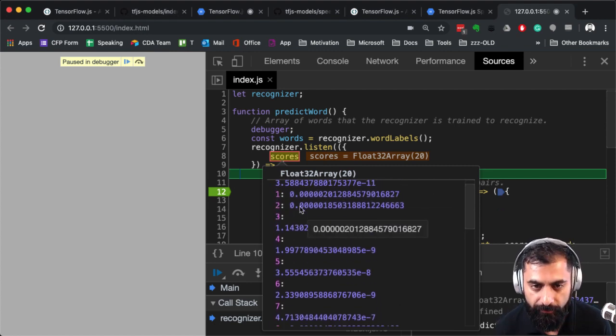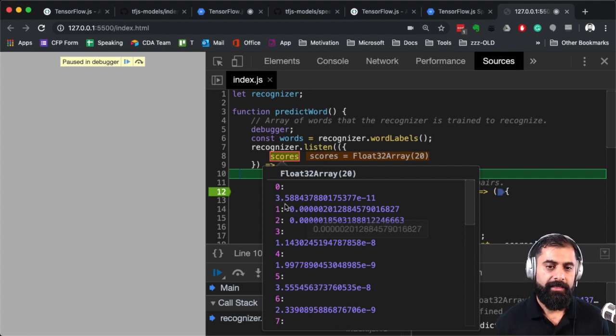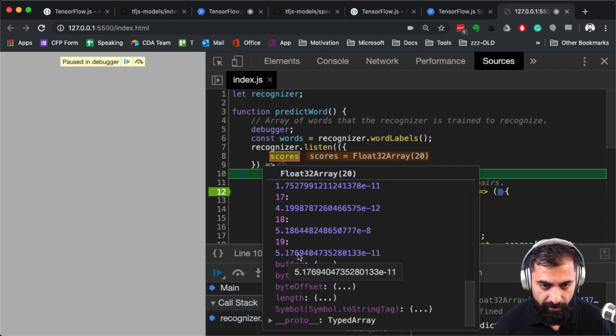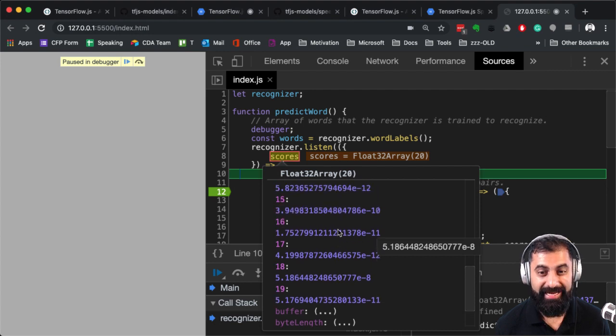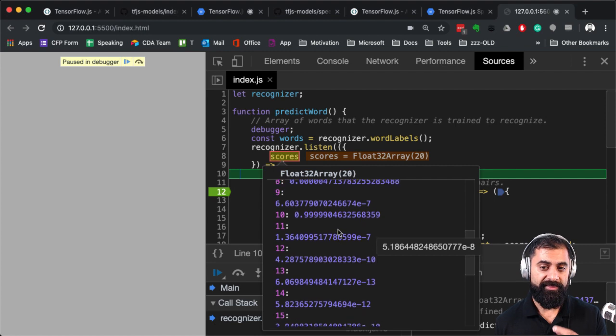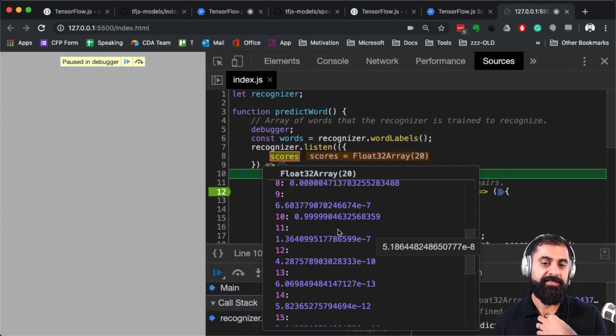So it's listened for something, and then it's returning me scores. Is it an object or an array? It's an array, with an entry for each of the 20, and for each of those, it's got a number next to it, which I assume is the probability of it thinking that's what I said.